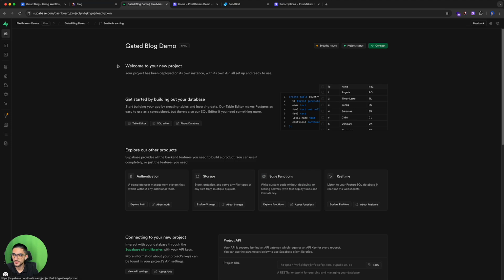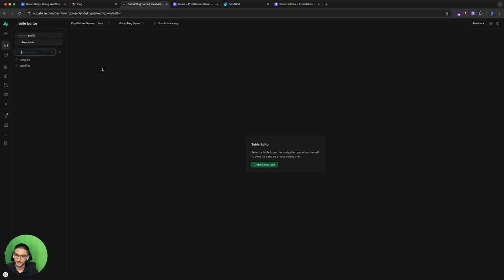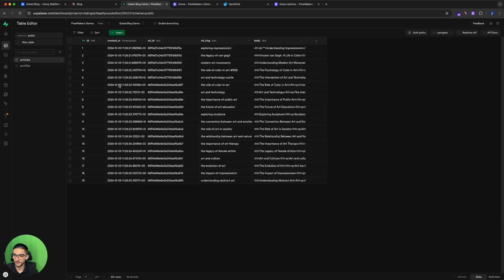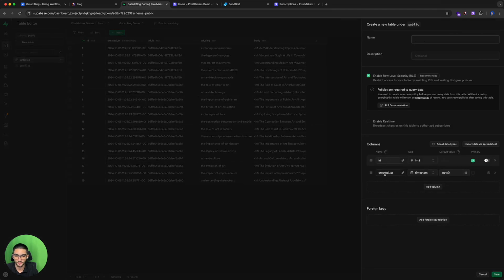Once you're in Supabase, you'll see this screen here. You will need to go to table editor and add 2 tables, one for articles and one for profiles. So in articles, we will need to create these columns here, ID, which is an integer. This one is usually created automatically when we click on new table here, ID, created at,